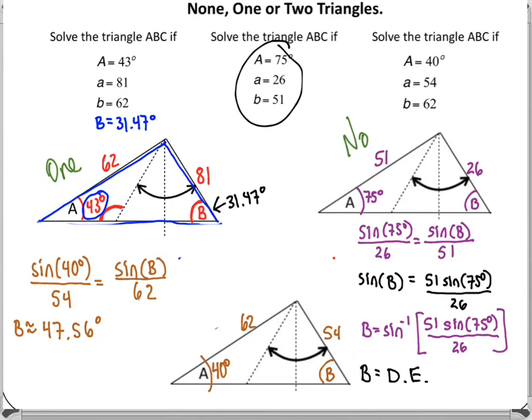So angle B right here is going to be 47.56 degrees, okay? Now, here's the deal: I have to check and make sure whether the obtuse part is possible or isn't possible